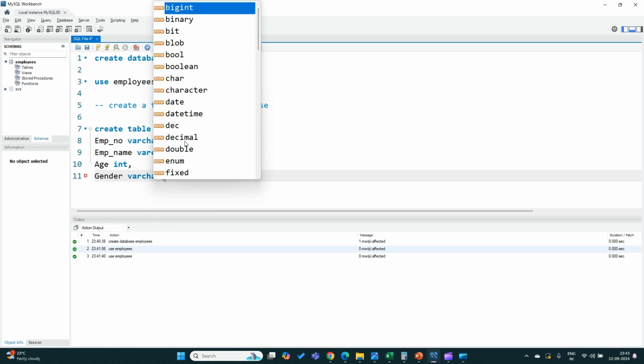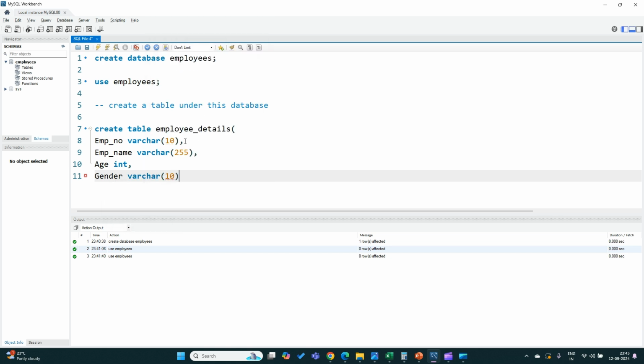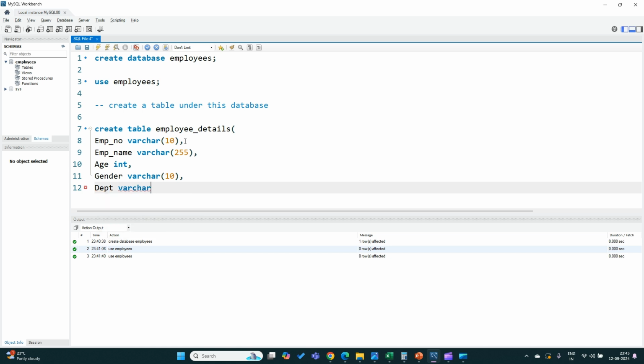And this I'll give some 10 characters, and comma. I'll give department as another one. So here also it's varchar with 15 characters, and I'll close and enter the terminator. Now if you see, there is no red mark on this line of code. So even though I've written multiple lines from 7 to 12, this complete syntax is considered as a single line of code. Now when I execute it,